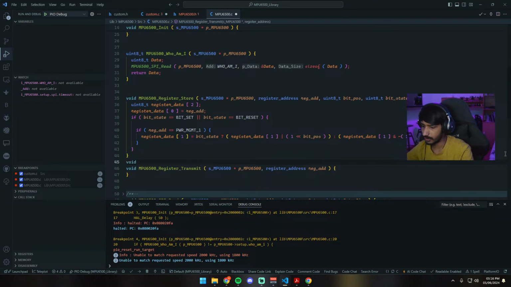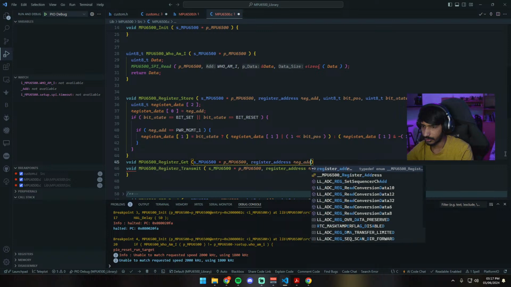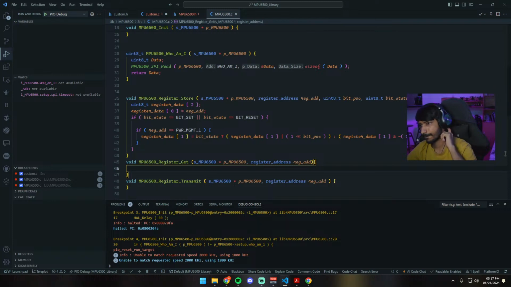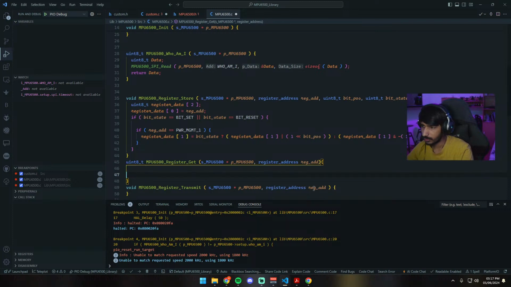We also do this void MPU6500 register get, with MPU pointer p_MPU6500, register address reg_add, to get uint8, return 0 just for the sake of it. So what I want to do right now is to do